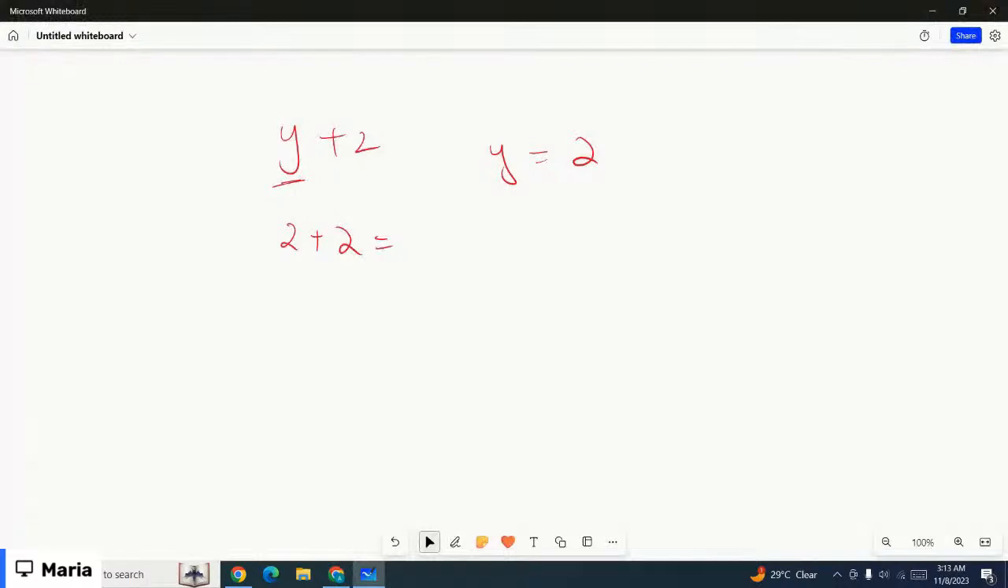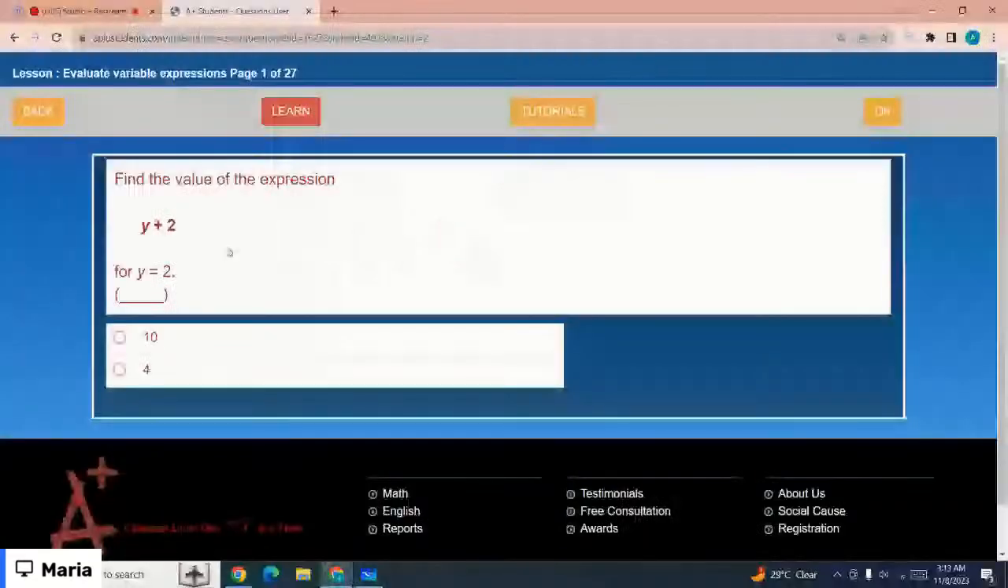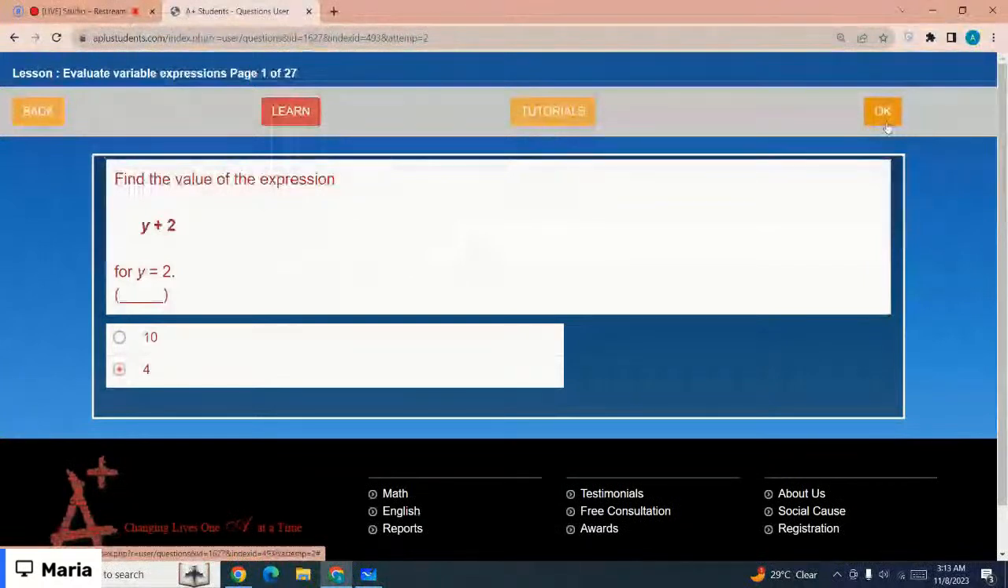So that would be 4. So basically, you have to replace the variable with the value and then you have to add or subtract whatever you have to do. Okay, the next one is